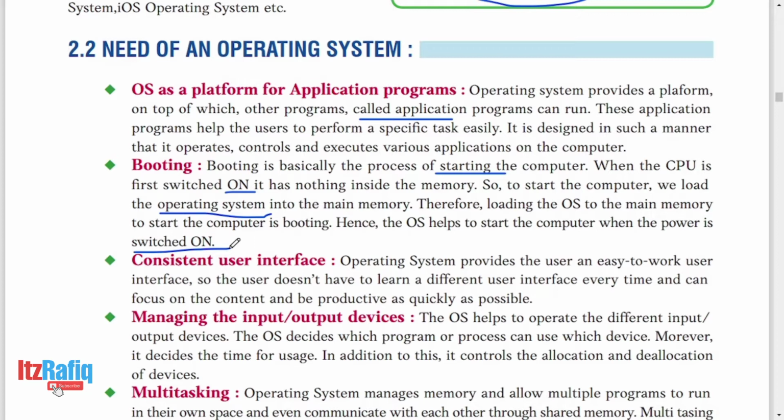So mainly in Windows operating system you will see some user interface, means you will see some buttons and icons. Through those buttons and icons you can easily use the computer. The operating system provides an easy to use user interface, so the user does not have to learn a different user interface every time and can focus on the content and become productive